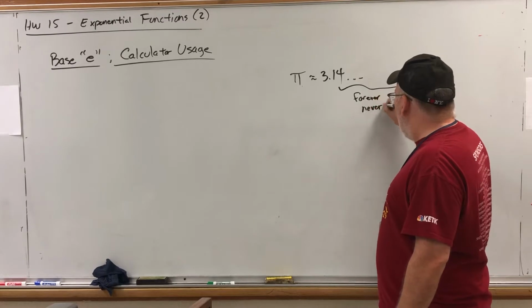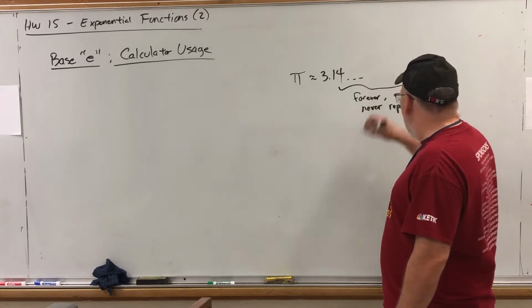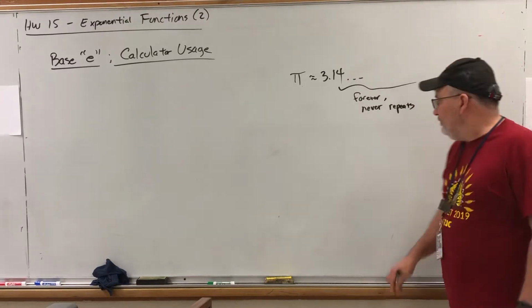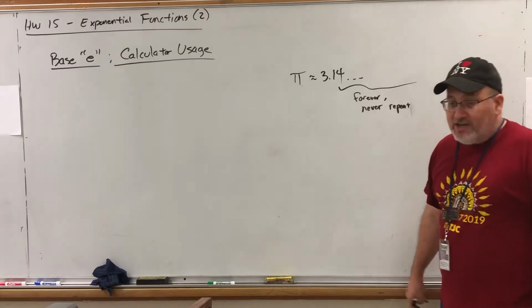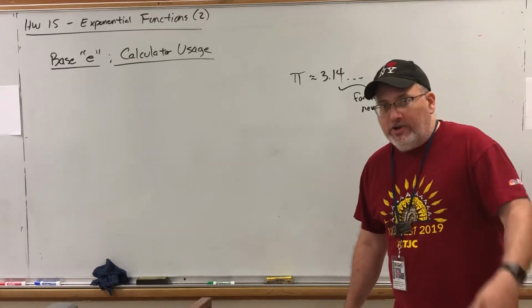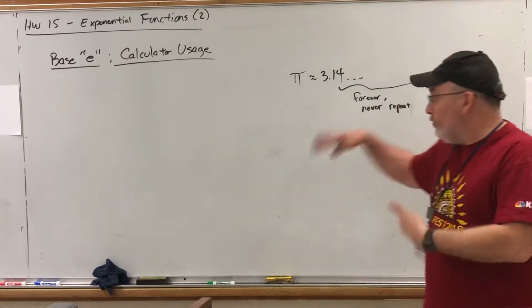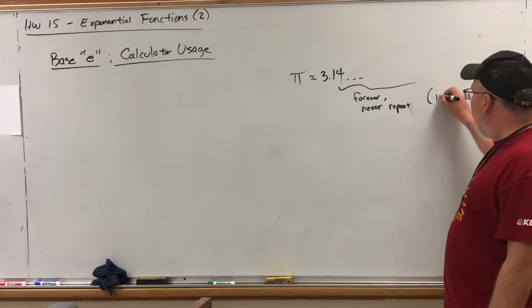And there's a word for numbers that go forever but never repeat. Now the digits repeat, don't get me wrong, there's only 10 digits, so they have to start repeating individually, but there's not a repeating pattern. Like, 1/3 is 0.3 repeating, there is no repeating pattern. A decimal that goes forever and never repeats is called irrational,